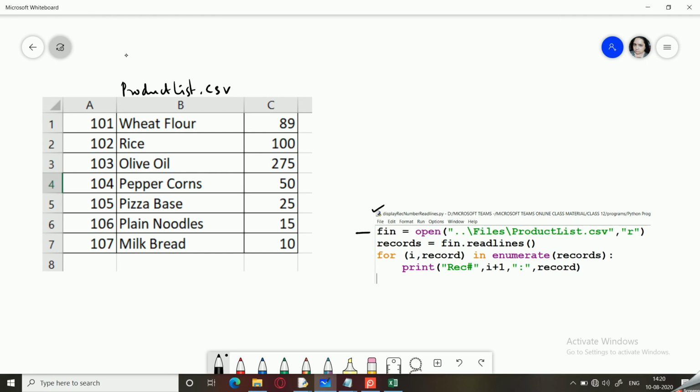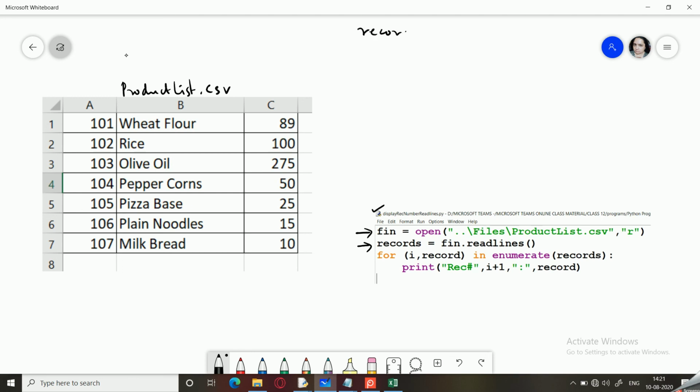So we start with fin, which takes in the name of the file and opens it in the read mode. Records equals fin.readlines. So readlines will read all the records and store them within records. So now records would be stored something like this.